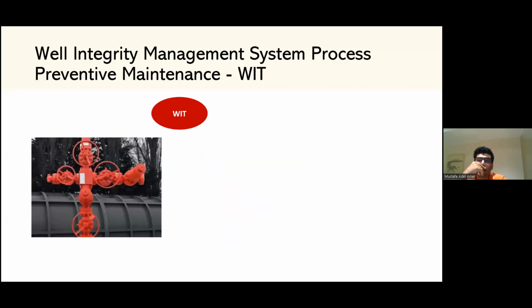First, you do something called the WIT. The WIT is the well integrity test. It's one of the preventive maintenance activities that we discussed in the well integrity toolkit. You make sure that your valves and the wellheads and the seals are in place, to make sure that the valves are operating, the number of turns of each valve is according to standard, and the valves hold pressure and are not leaking, and to make sure that the seals of the Christmas tree are not leaking. You record it, you perform it based on the preventive maintenance schedule